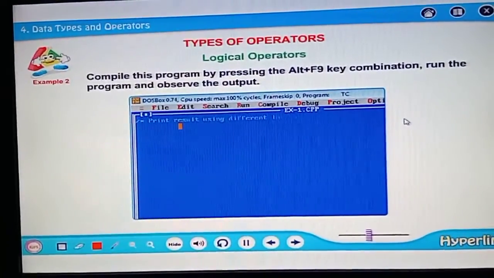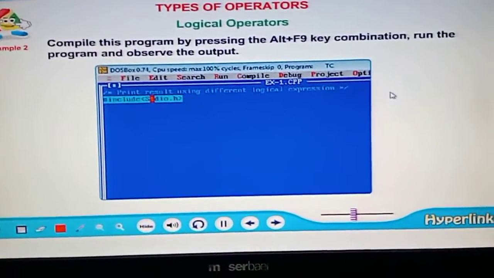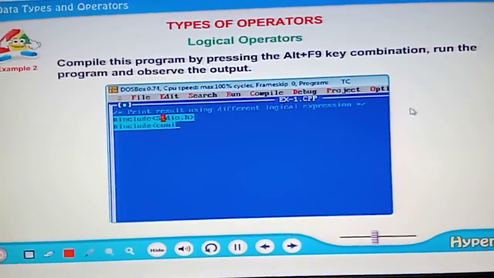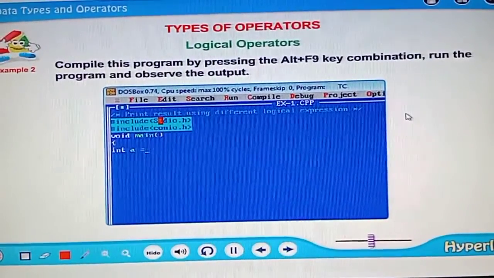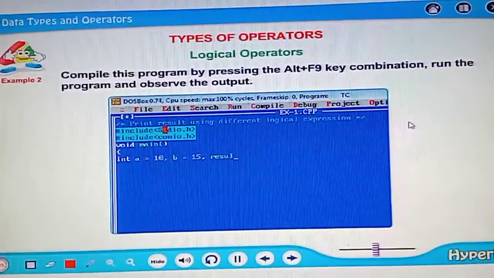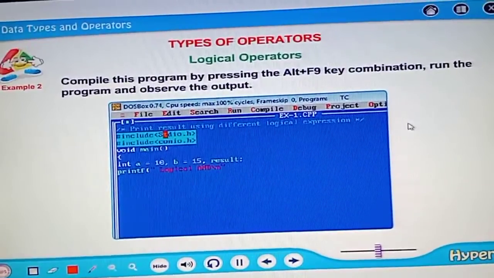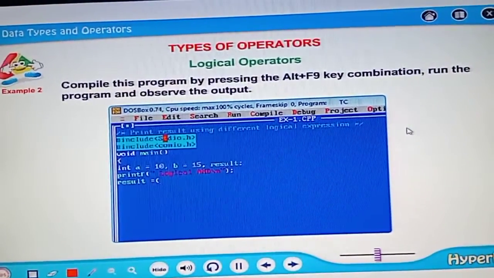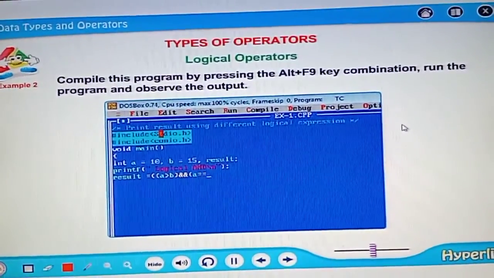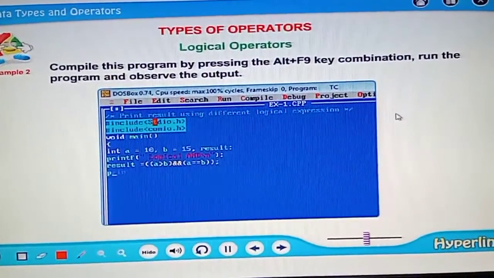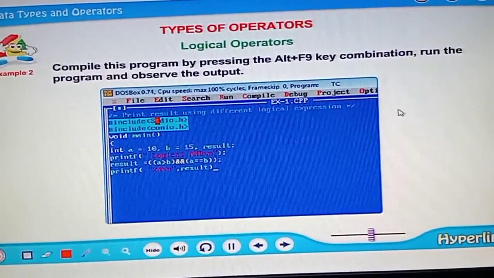/* print the result using different logical expressions. */ #include <stdio.h> #include <conio.h> void main() { int a = 10, b = 15, result; printf("Logical and\n"); result = (a > b) && (a == b); printf("%d\n", result);